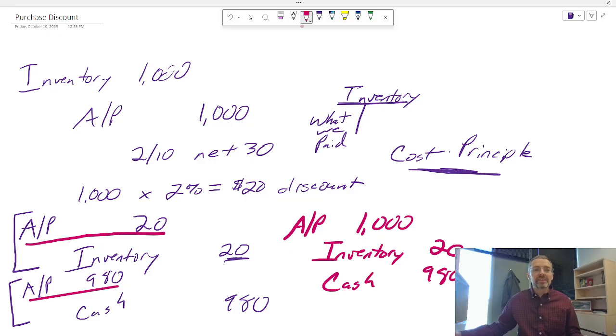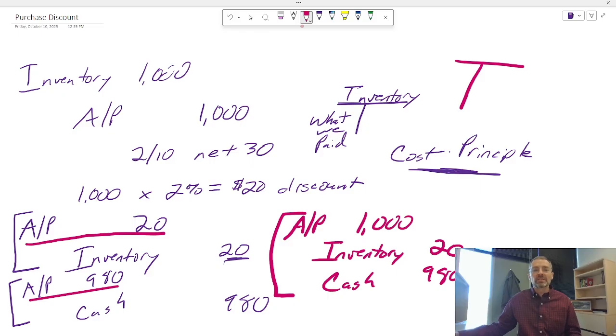So I combined these two journal entries by combining the accounts that were the same. In this case, I had two debits to accounts payable that I combined into one. The other two accounts, the inventory and the cash, were the only ones in the journal entries, so I just brought those over exactly how they were. This is what your homework is going to want. Your homework is going to want it in one journal entry instead of two. The other way you can look at this is, instead of thinking of it as two different steps, you can think of it as one step.